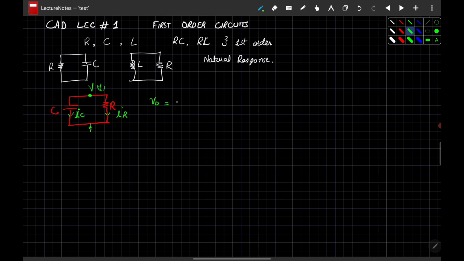That will be our initial voltage. We also say that this is V naught, or the voltage V(t). So initially our capacitor is charged at V naught. We don't know the value of V naught. So let's solve this circuit. Applying node analysis, we can solve by